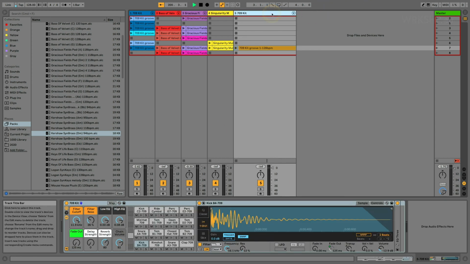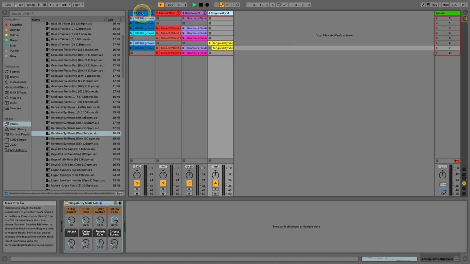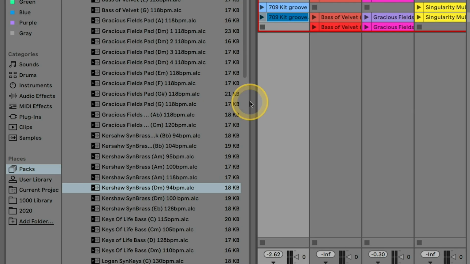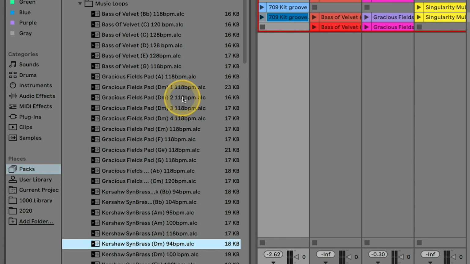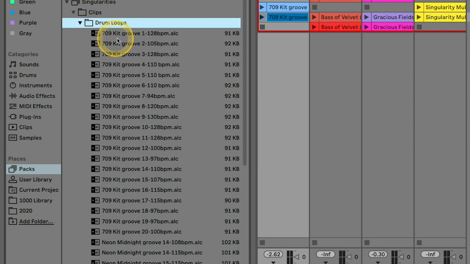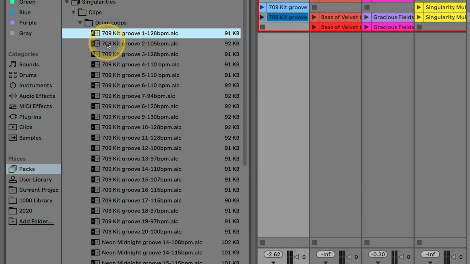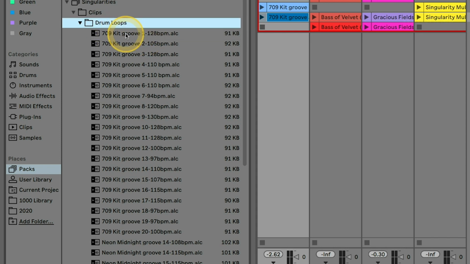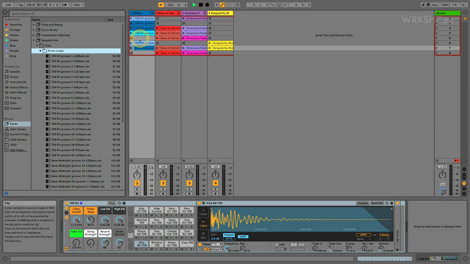And I'll just delete these. And I've picked out four instruments basically, or four series of clips. So if we look at drum loops, we can see that you have this thing called the 709 Groove kit. And I've chosen a bunch of clips from there and put them into this blue MIDI track, so that has a few different drum samples.